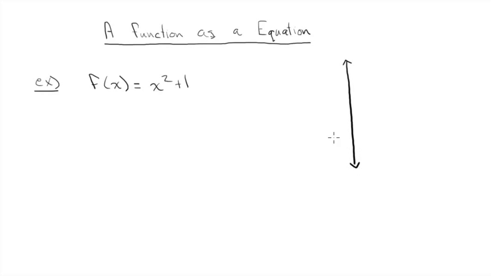So the equation x squared plus 1 you should recognize as a parabola with a y-intercept of 1, so it's been sort of shifted up 1, we usually say. And then it would just be opening up. So that curve is the function, and it's represented by this equation. So it's another way to represent a function sort of with infinite number of points. You might say, okay, well,